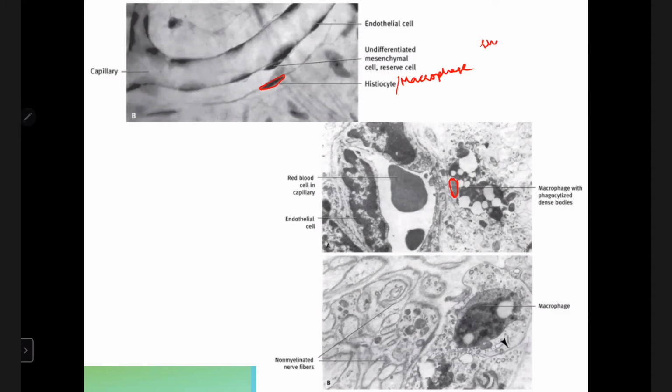These histiocytes are also called macrophages, right? So what do the macrophages do? They will ingest the foreign materials. They will eat away the foreign materials. If the macrophages are inactive and not actively ingesting the foreign materials, in such cases we cannot differentiate the macrophages from the fibroblasts. Remember, the macrophage will actively ingest the foreign particles. If the macrophage is inactive, not ingesting the foreign materials, then we cannot differentiate the macrophages from the fibroblasts. Whereas in case of pulpal inflammation,